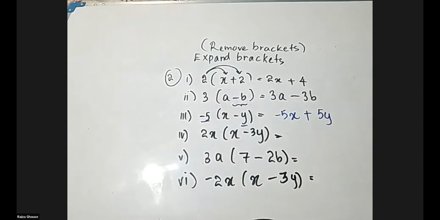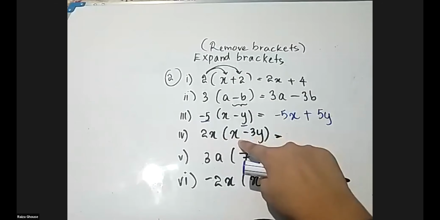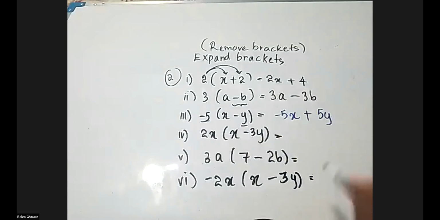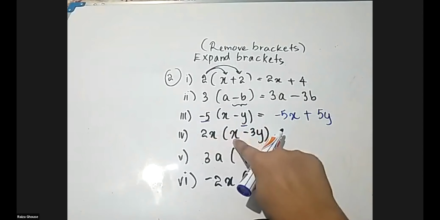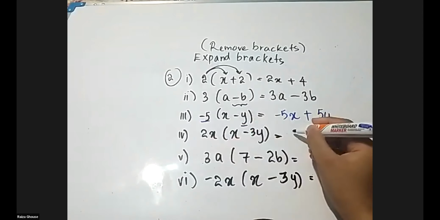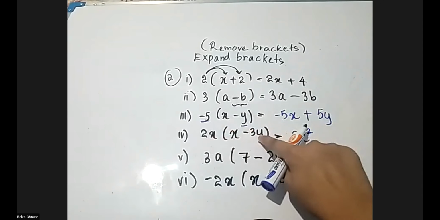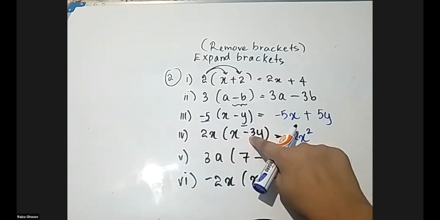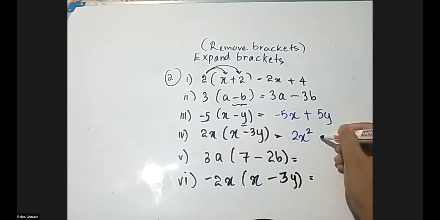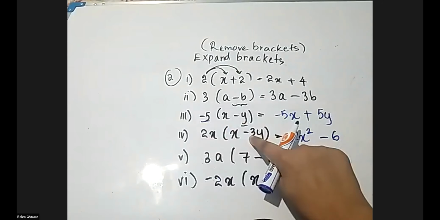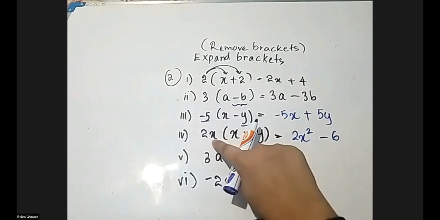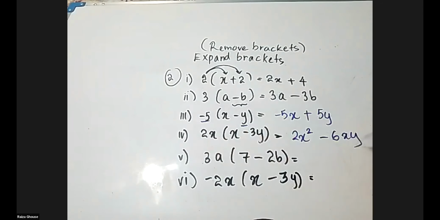Now let me go to the Roman number 4. 2x into x here. Now listen children very carefully. You multiply 2x into x means x into x is not 2x. It is 2x squared. And 2x into minus 3y means 2 into minus 3. 2 into minus 3 is minus 6. Positive, negative. Look at your basic concept, right? X into y will be xy. Did you understand? Is everything clear? If anybody is not clear, please tell me right now. It will be difficult for you later.